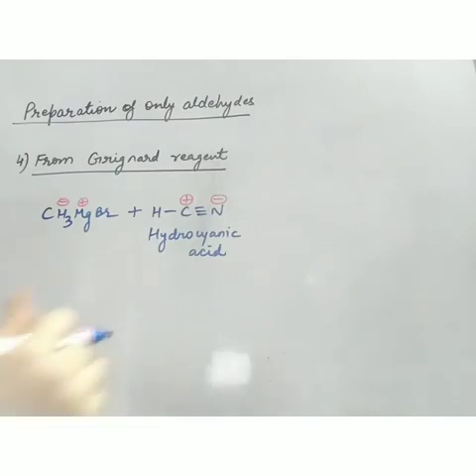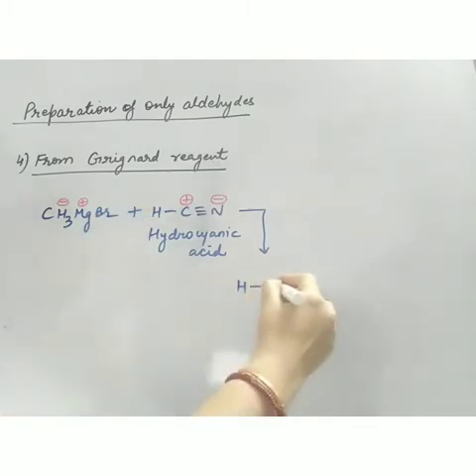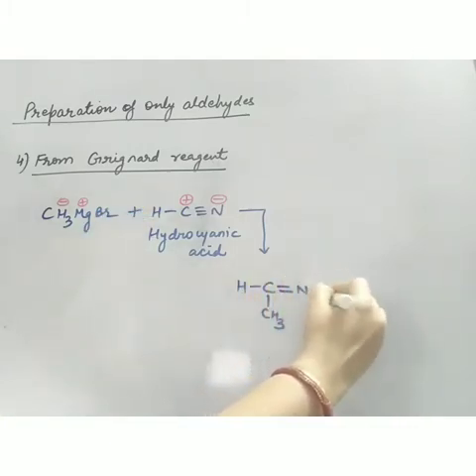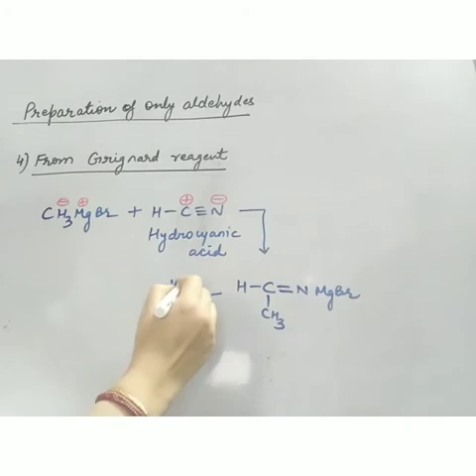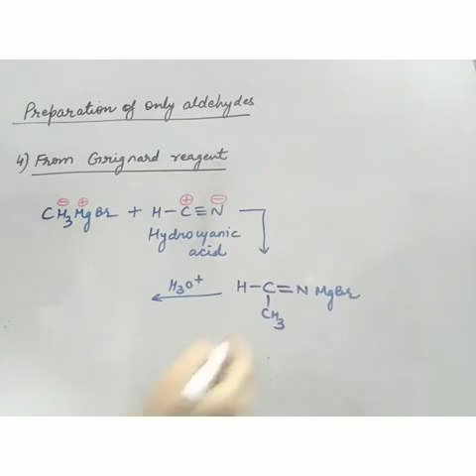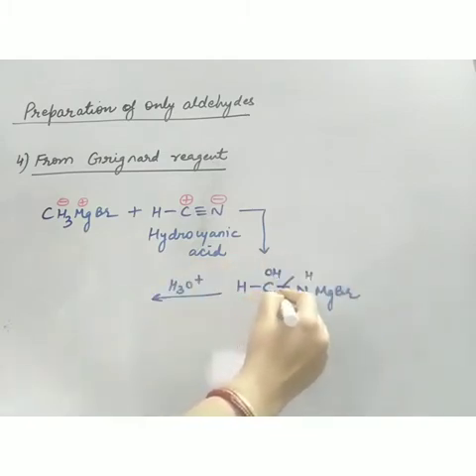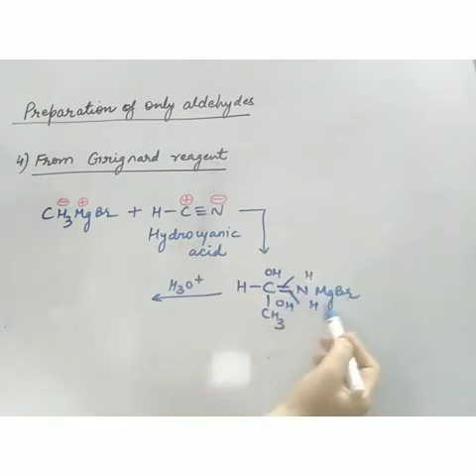Now let's see what intermediate is formed. So HC. Now to this carbon CH3 will be attached. Triple bond is here. Now one bond will break, so double bond and MgBr. So this is the intermediate formed. Now it is subjected to hydrolysis. Okay, now hydrolysis means addition of water. So these two bonds will break. OH will come here, H will come here. Okay, so this is the byproduct.